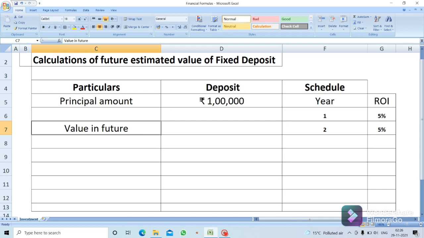Before I start today's video, I hope you understand there are two calculation methods to calculate the interest. One is simple rate of interest and one is compounding rate of interest. In simple interest, you get the interest only on the principal. Even if you deposit for 2 years, you will get interest only on the principal amount. But if you go for compounding rate of interest, you get interest both on the principal as well as on the interest amount. This we will learn with an example.